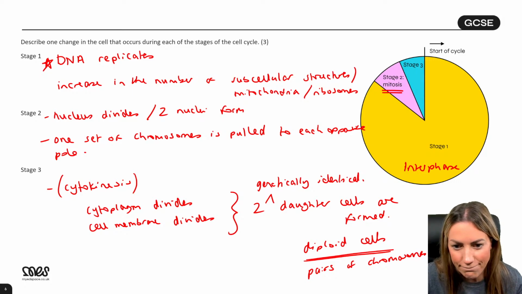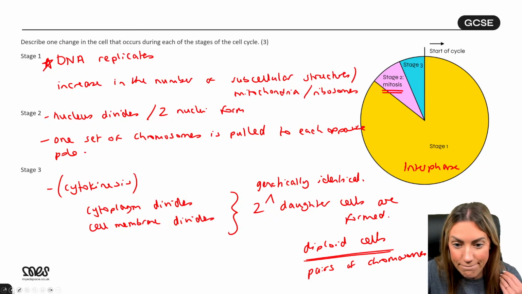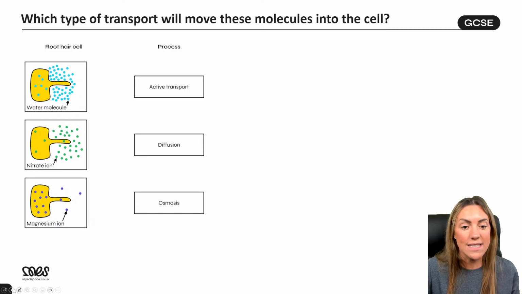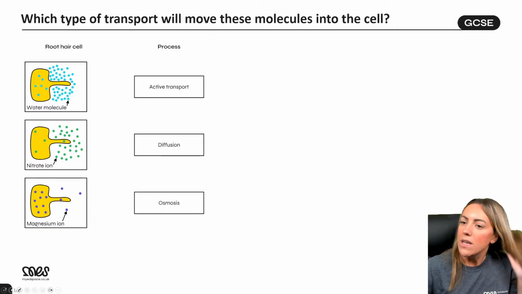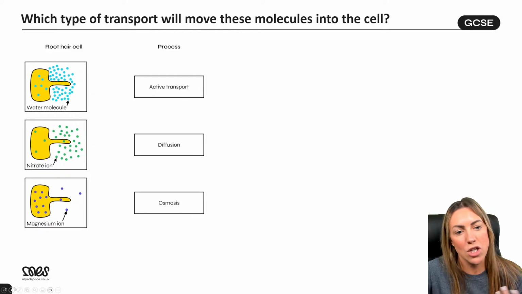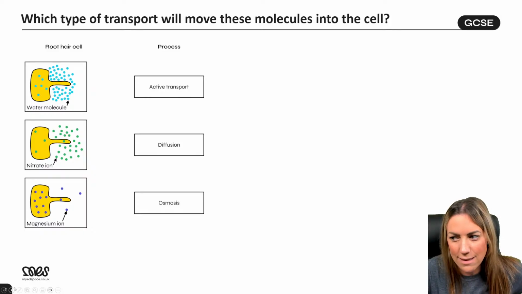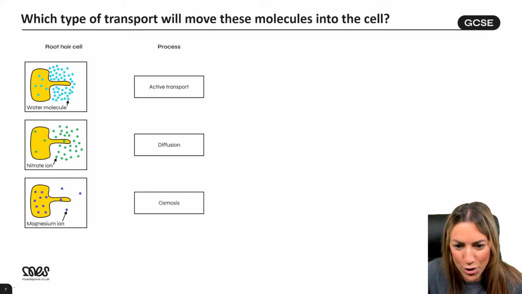The topics are kind of in order of the spec, to be honest. Like this is all module 1 for AQA, cells. Okay, cytokinesis is an A-level term, yeah. And this is still module 1, cells. So all we've got to do here is match up the diagram to the process. Now this could be foundation or higher, but it gives us an opportunity to also just write down what we know about each of these processes. So put your answers into the chat.